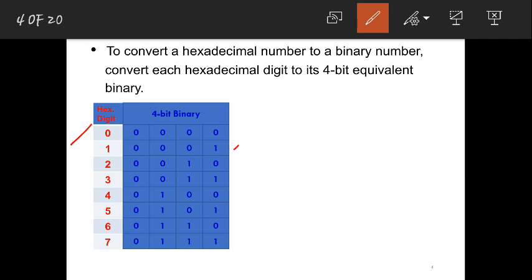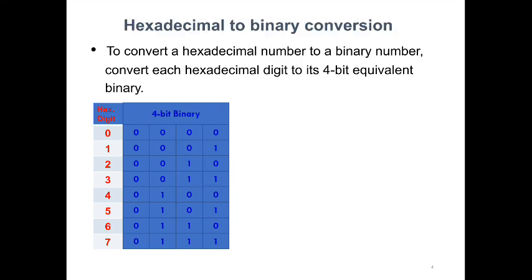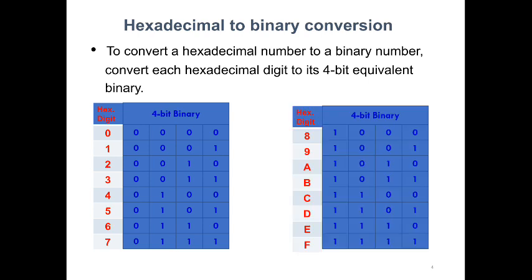So what he is doing is, this is hexa, this is binary. This is not decimal, this is hexa, because after 7 you will start writing 8, 9, then A, B, C, D, E and F. See 8, 9, so for 9 you get 1001, whereas A means 10, right?